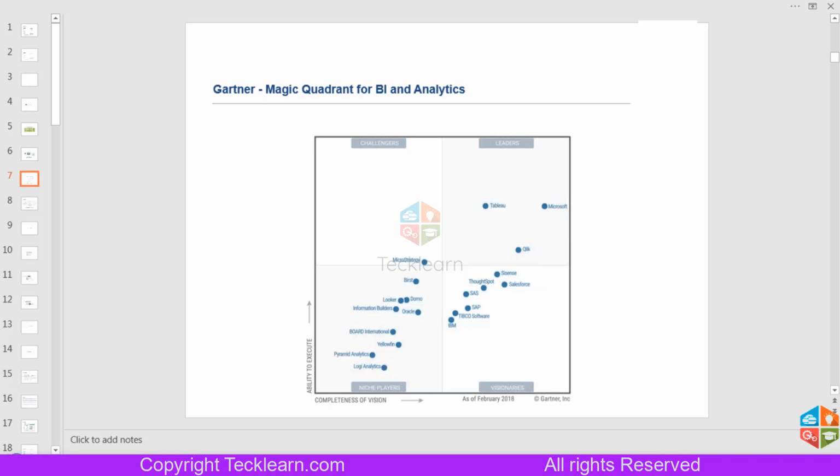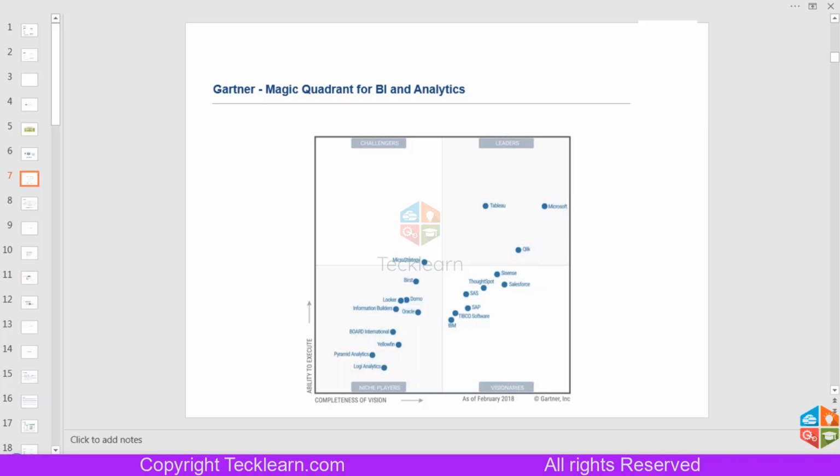It was released 3 days ago, the Gartner report for BI and analytics. This whole diagram is divided into 4 quadrants: challengers, leaders, visionaries, and niche players. Over here you can see the leader quadrant.